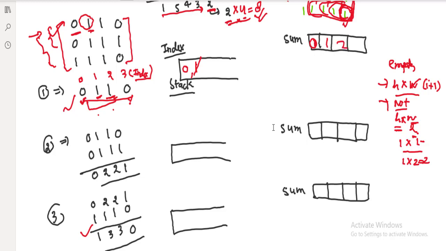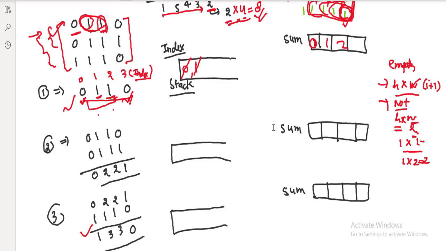Why does it come to 2? Let's say here in the original matrix, ending with this particular element, what are the submatrices which contain all 1s? 2. This is the first one, this is the second one. Okay, so this is 2. Now similarly we can compute for 0. If it is 0, see, if some elements are greater than or equal to 0, yes, remove it. Is there any element? No.